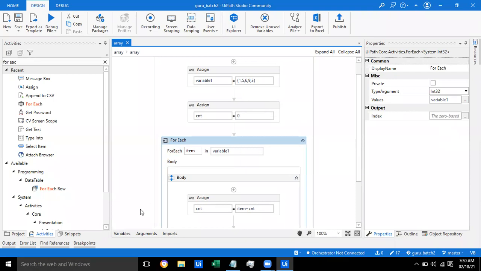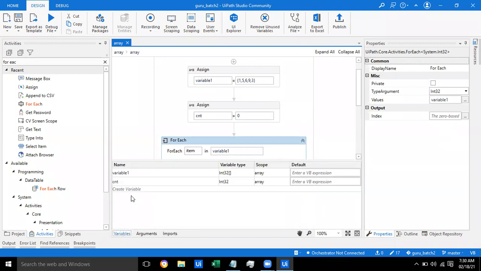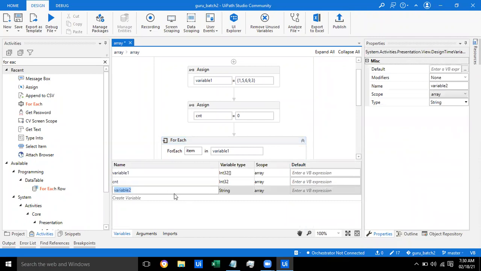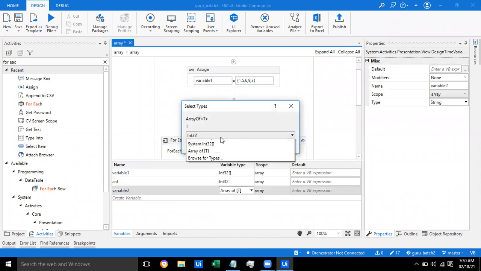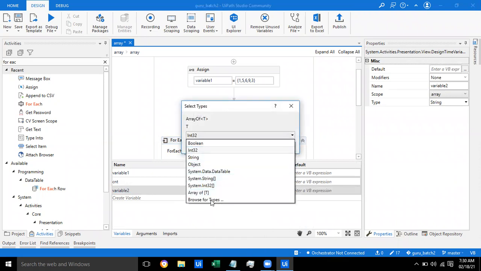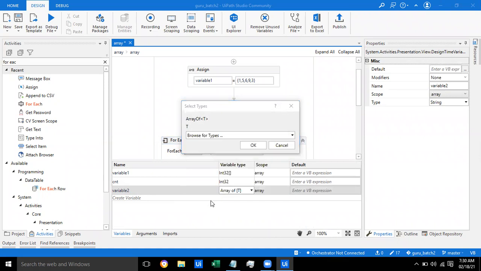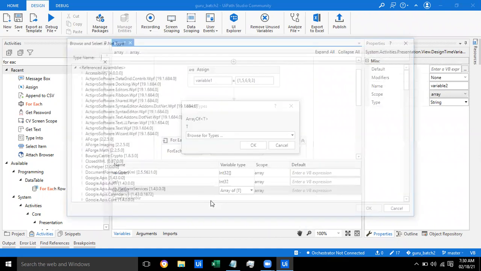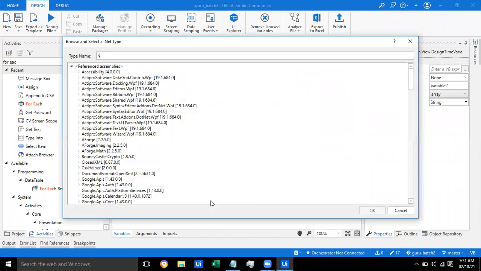Consider a scenario where I create a variable as array of T, which goes for type System.Date.